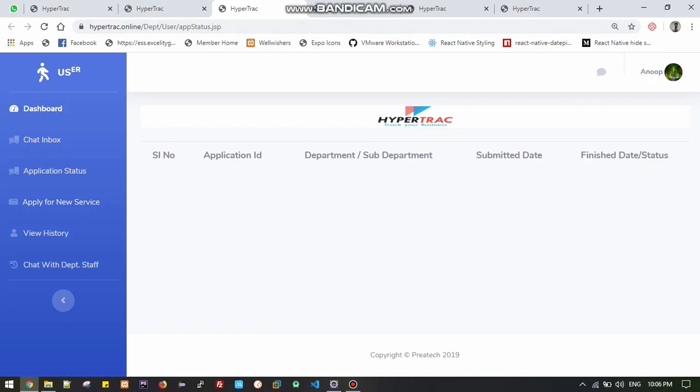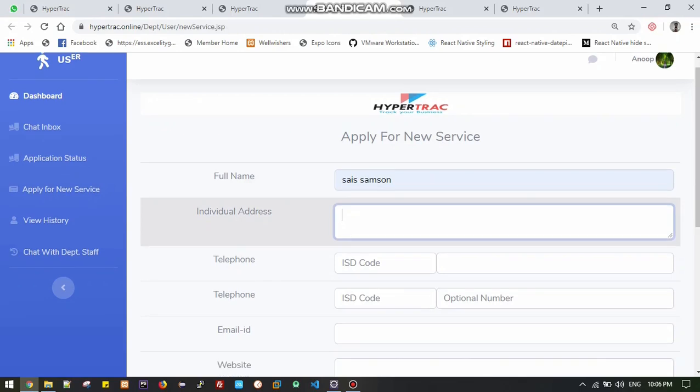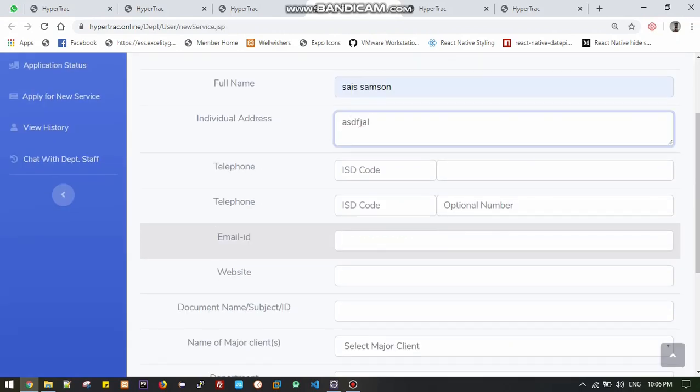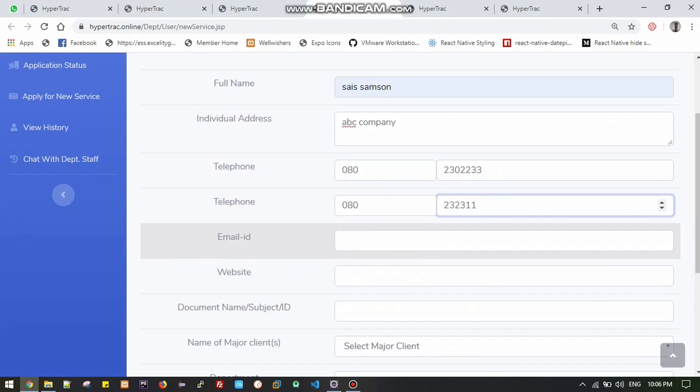Third one is apply for a new service. User can go for applying, so he can enter his details. ABC company, need to enter the basic details which are asked here.